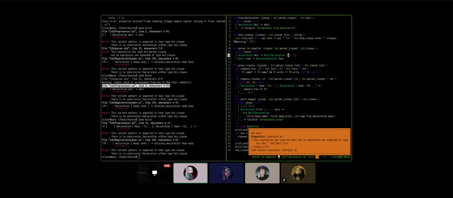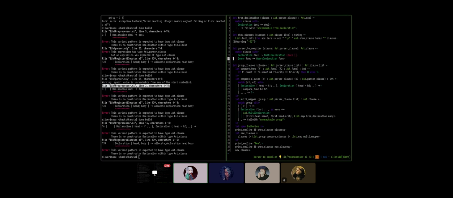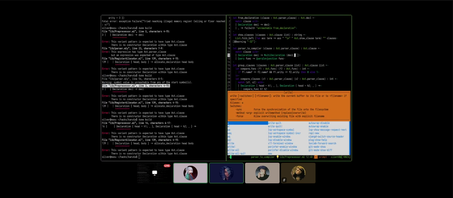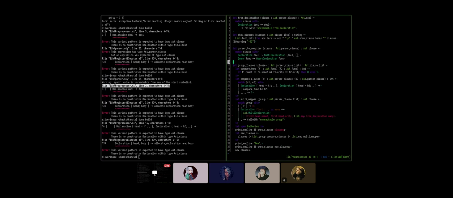And why is this complaining? Right, because this needs to be like so. Yes. And then we say parser to compiler X, right? That works perfectly, actually. Yeah. What's the problem with that? Can you go to line 30?